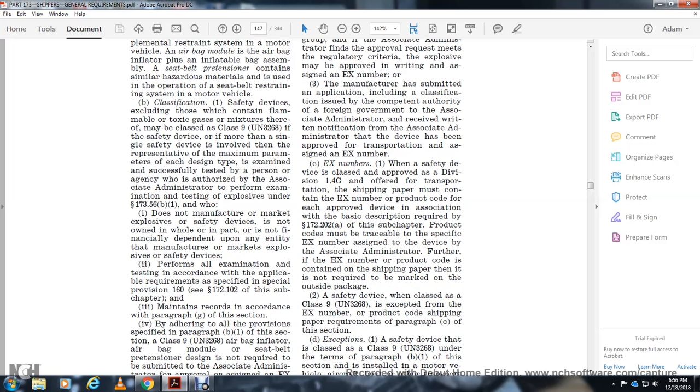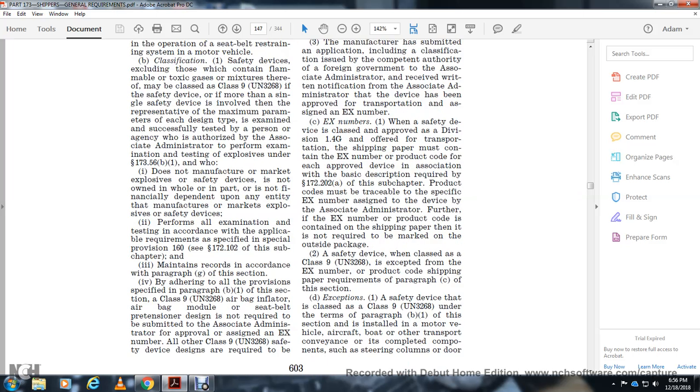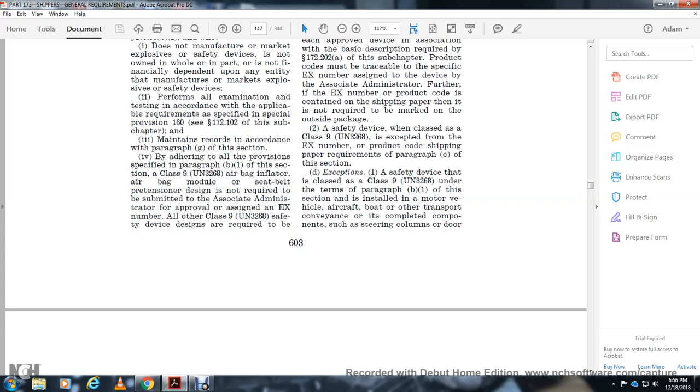The safety device, when classed as Class 9, UN 3268, is excepted from the EX number or product code on the shipping paper, per the requirements of paragraph (c) of this section. Safety devices for Class 9, UN 3268, under paragraph (b)(1) of this section, when installed in a motor vehicle, aircraft, or boat, or other transportation, are complete with the components of the steering columns and door